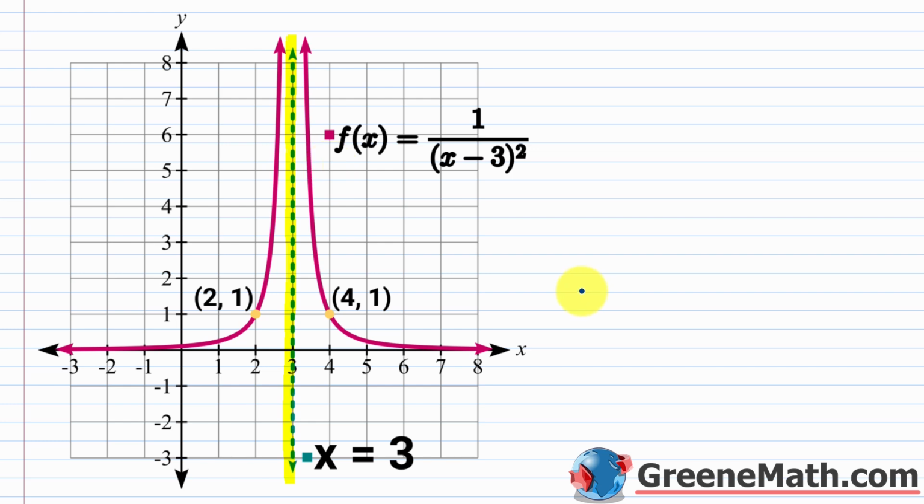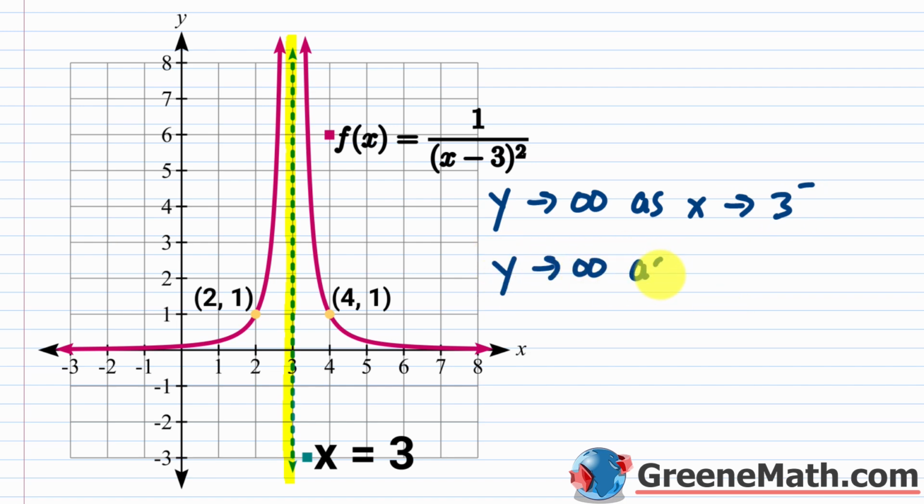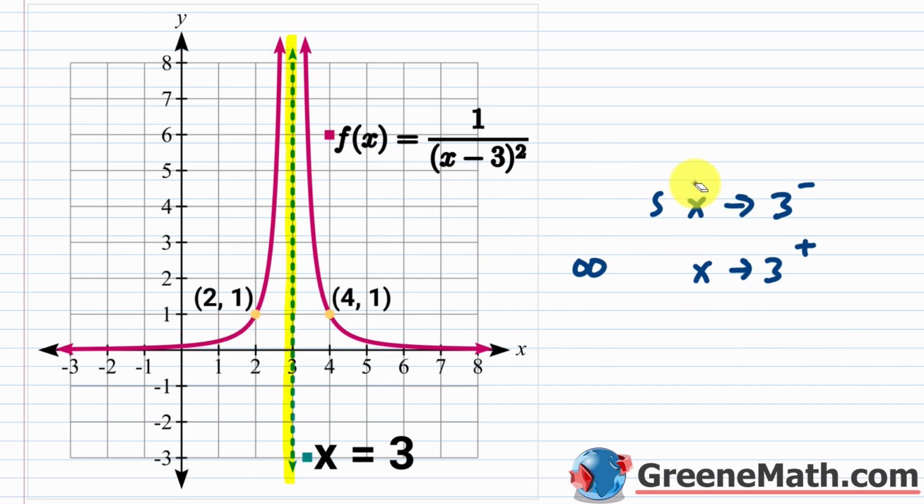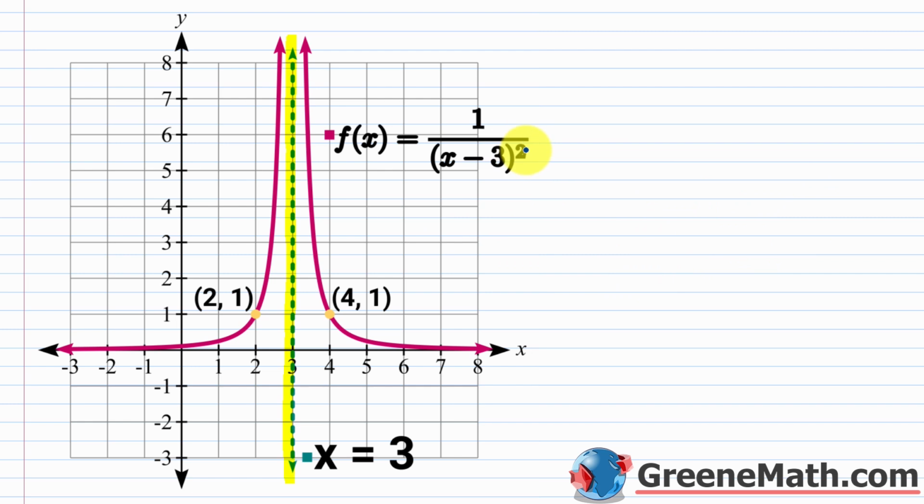In other words, you can say that y approaches positive infinity as x approaches 3 from the left, and also y approaches positive infinity as x approaches 3 from the right. And you can really combine that and just say y approaches infinity as x approaches 3 from either the right or the left. It would not matter. So the behavior is coming from the fact that you have something that is raised to an even power here. Because if I plug in something on this side of the line x equals 3, well, really this down here,